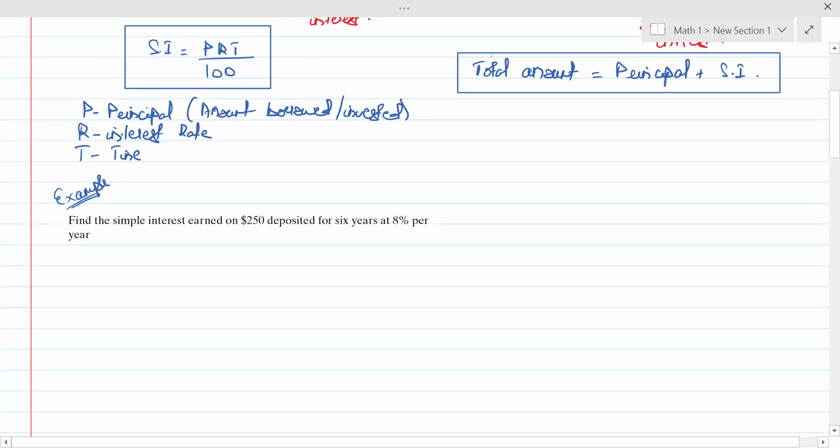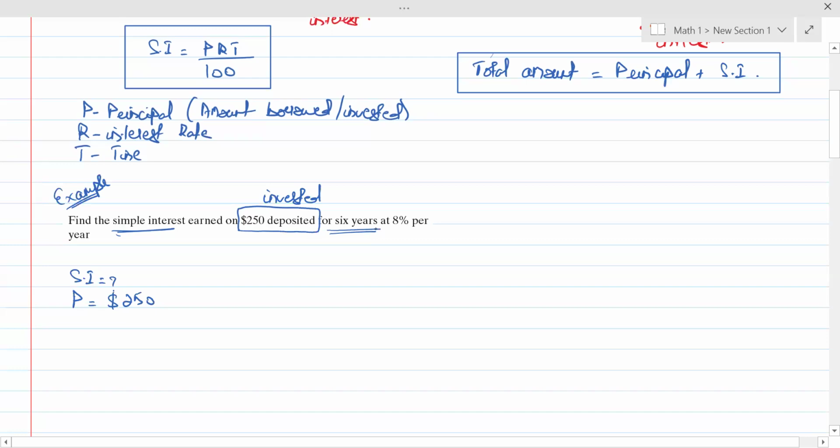In this first example, the question says find the simple interest earned on $250 deposited. So $250 deposited means this is the amount invested, so this would eventually be the principal for us. So principal is $250